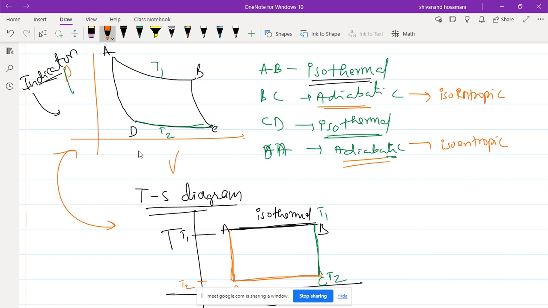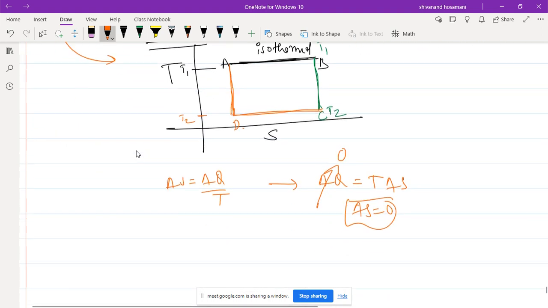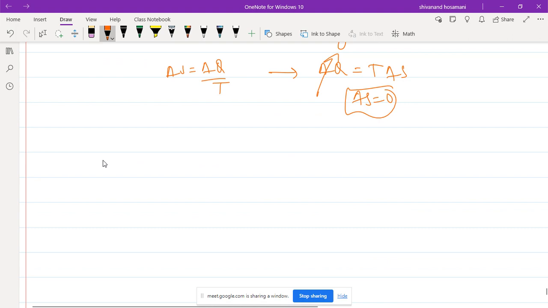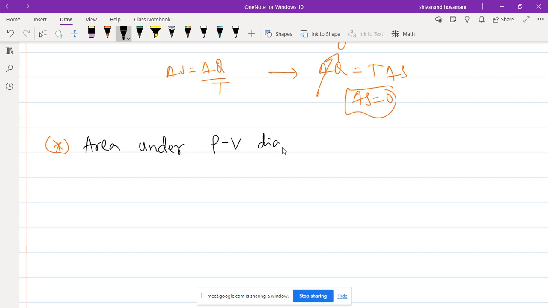Remember that the area enclosed in the PV diagram is nothing but the work done, the net work done. So here you can define that as two points. The area under the PV diagram, we used to call this the work done, the net work done. So this is work done, and the total area is given by